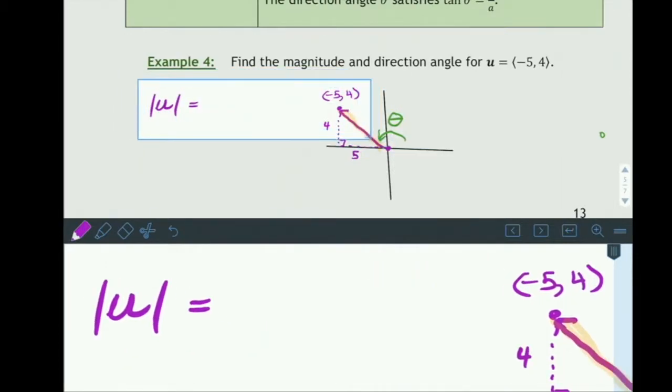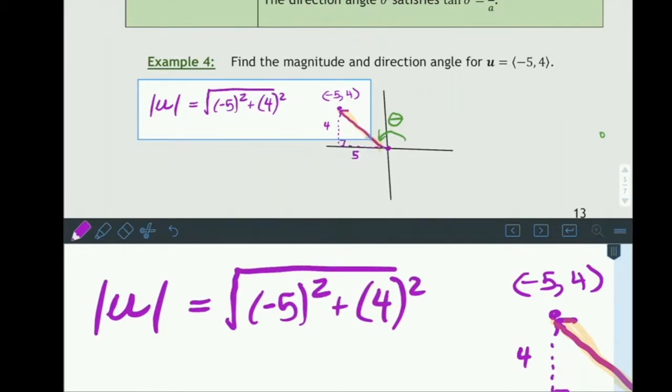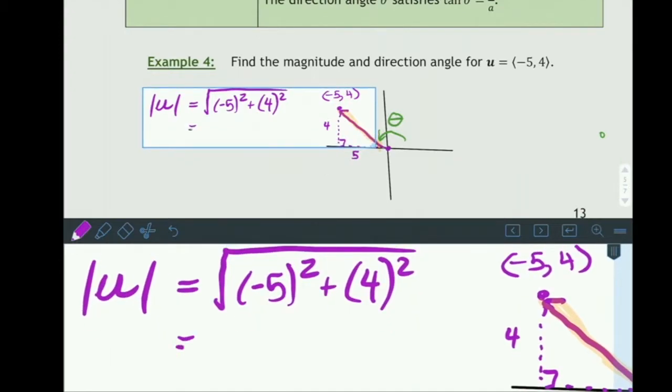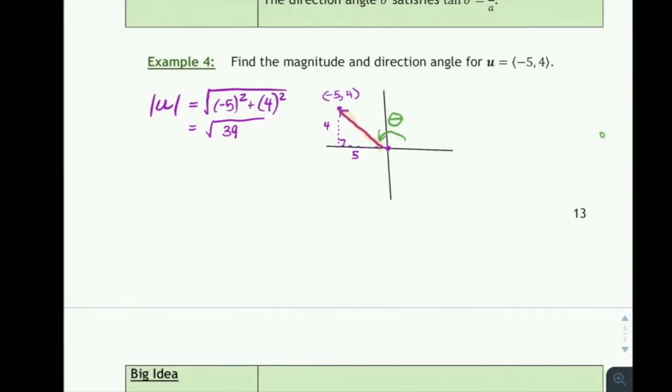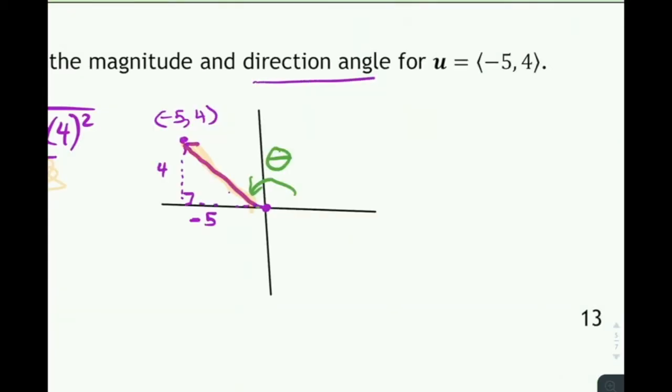Okay, so let's just do -5 squared plus 4 squared, and then take the square root of it. So your magnitude is 25 plus 16, which is the square root of 39. So the magnitude of your vector is just the square root of 39. So for your direction angle,